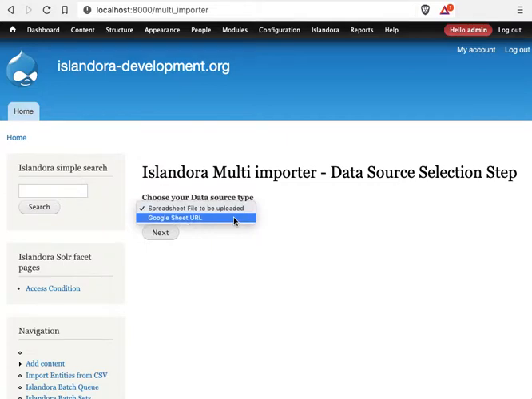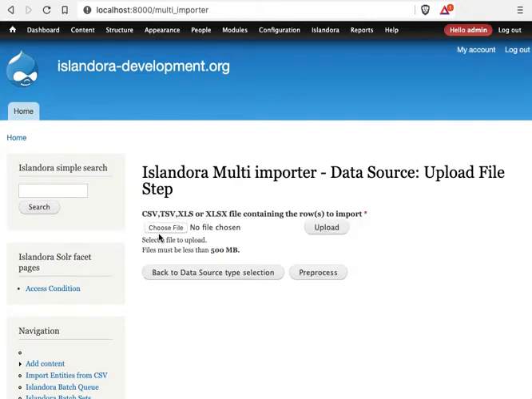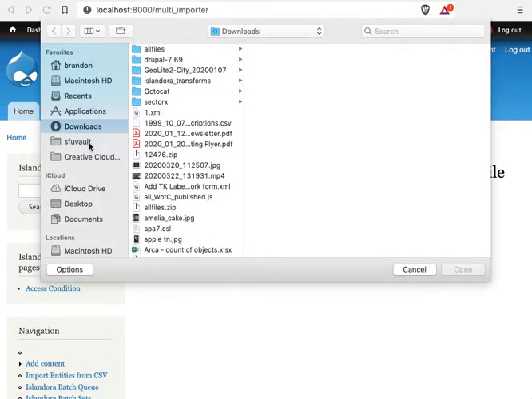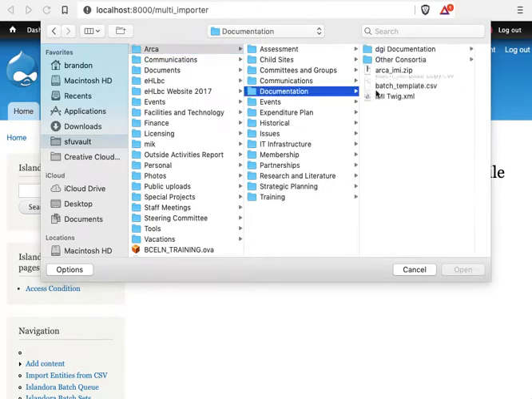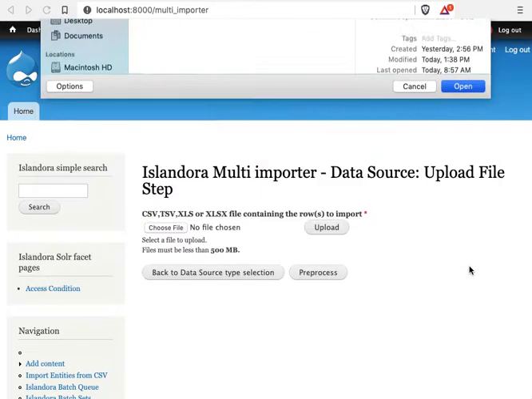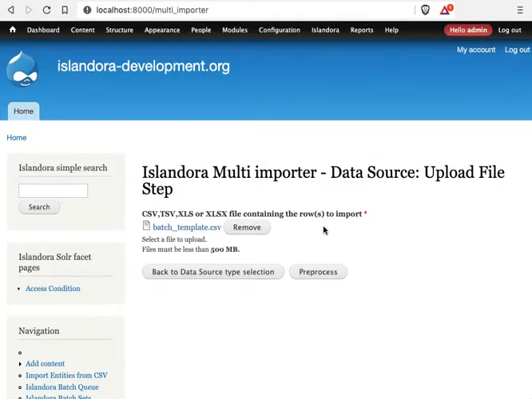You could also use a Google Spreadsheet URL. If you've configured the Google API credentials in the module settings, you can play with that on your own. We're going to go with the uploaded spreadsheet. So choose your CSV. There's my template. Click Upload